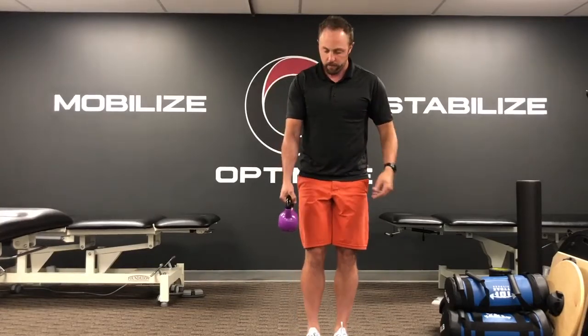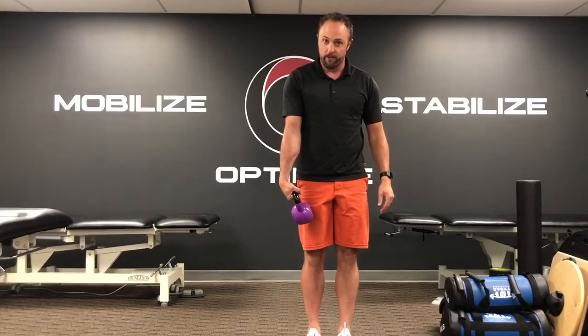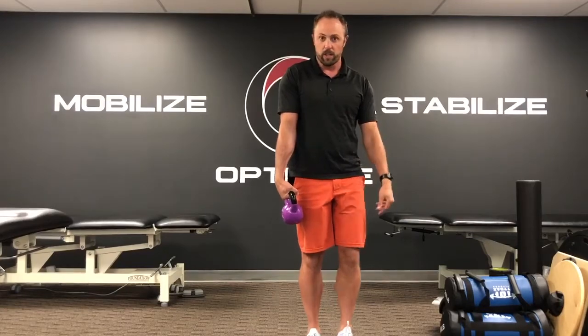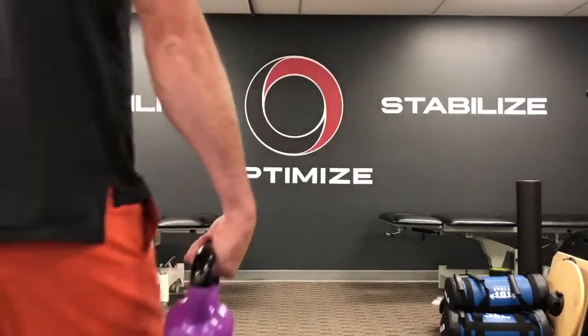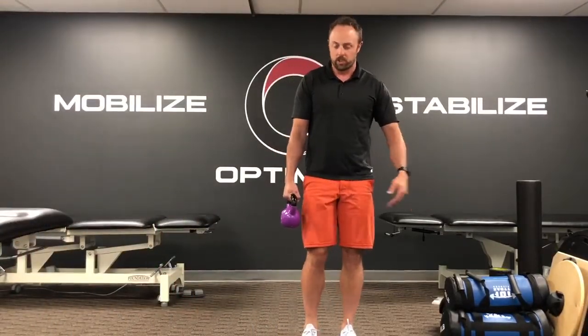First one, if you guys watch here, instead of holding the kettlebell just like this, we're going to flex our hand, okay? So we're going to be moving in towards that palm, holding the kettlebell there, and then we're just going to take it for a little stroll. Just stroll around with it. So we're working on some longer holds here. A little bit of isolated hold, isometric hold,